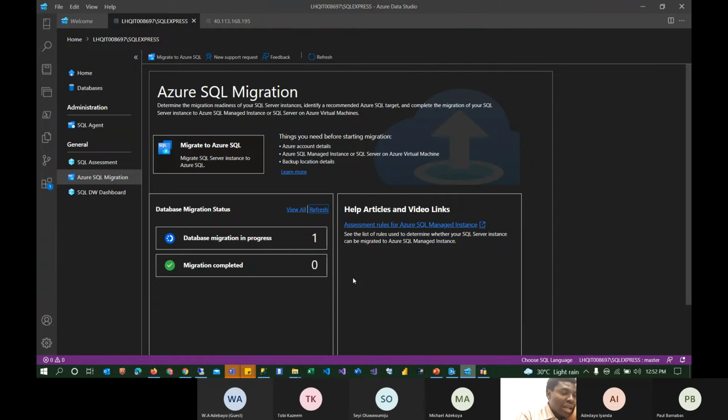Behind the scenes, unlike before when we were making use of the DMA, where we saw how we did the migration of the schema and the data sync, with this we are not seeing it running because it's leveraging that service in Azure to connect and copy the objects and the schemas into the new database. It's going to create that database also, and it's going to ensure that it moves the data. Okay, so that's fine. In the interim, while this is running, let me introduce you to the third part